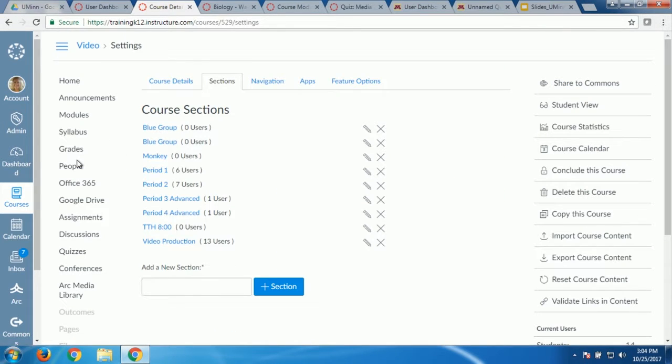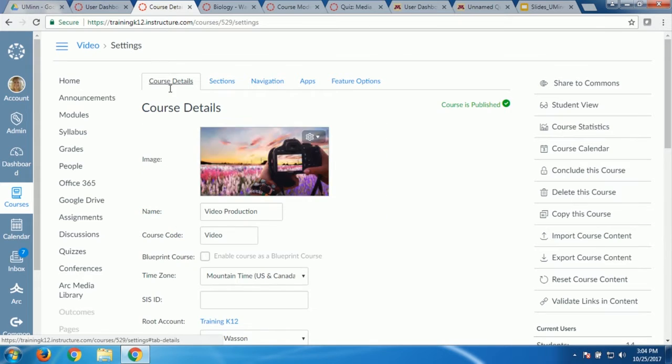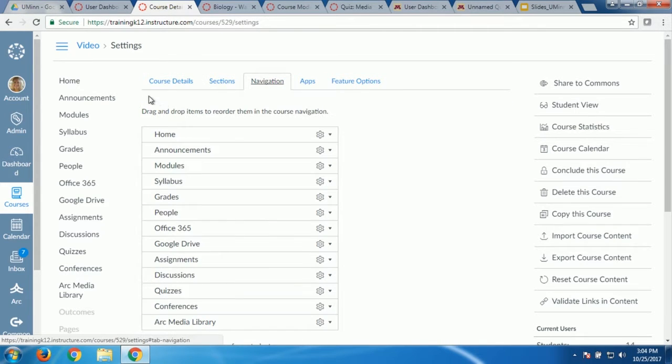The last place I'm taking us is settings. I'm pointing out the things we haven't talked about yet. I am not, again, going through everything here, but I do want to point out you have the ability to look at those granular details with course details, your sections, you have all those different links. Navigation helps you streamline what's here. Don't forget about that.